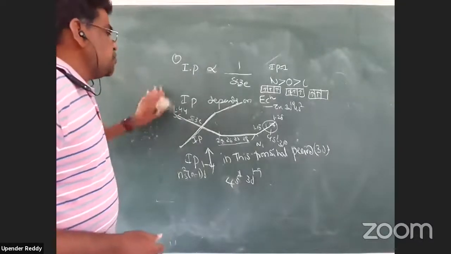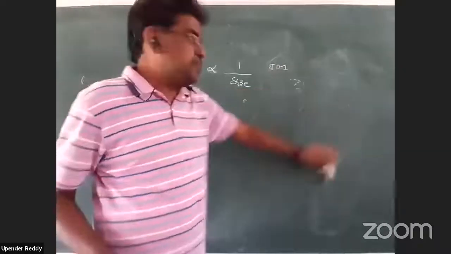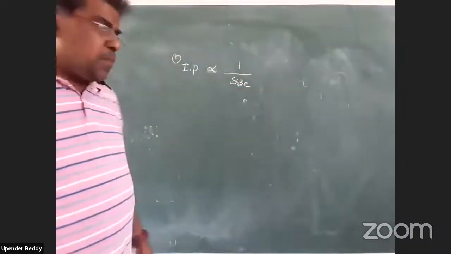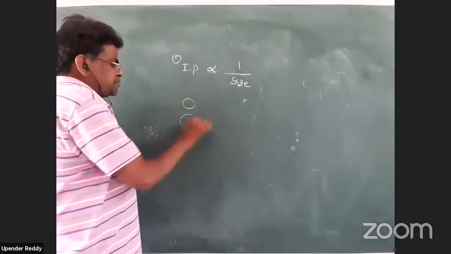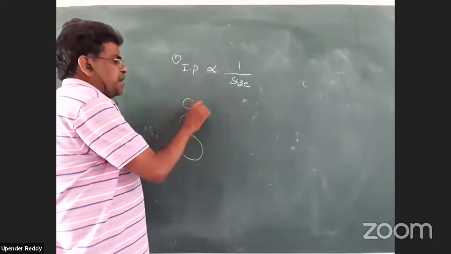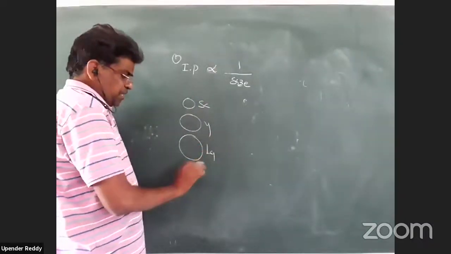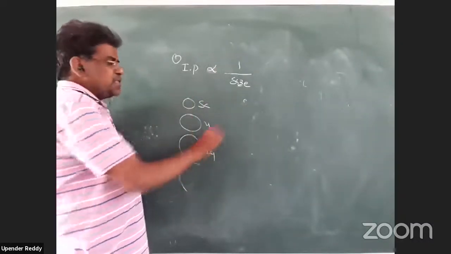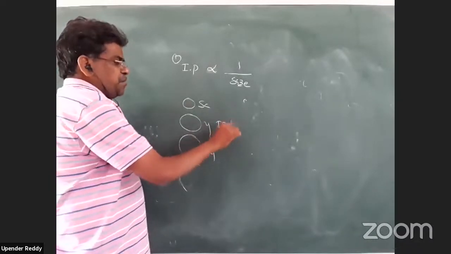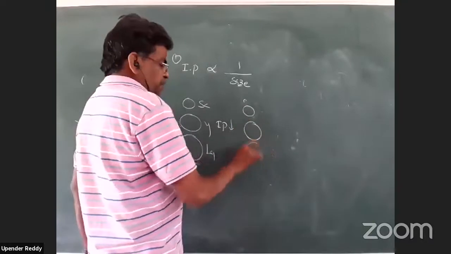And as usual in a group, what happens? In a group, as size increases, for example, scandium, yttrium, lanthanum, and one more, actinium. As size increases, the IP value must decrease. IP will be decreasing. But in case of titanium, zirconium, hafnium,